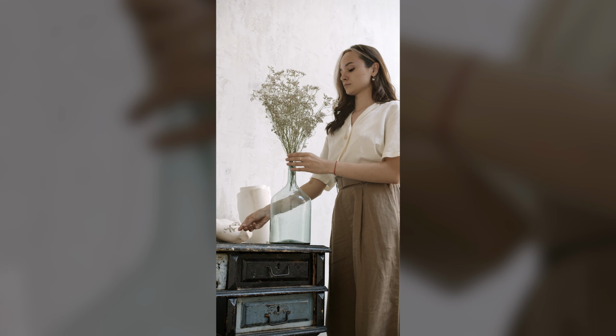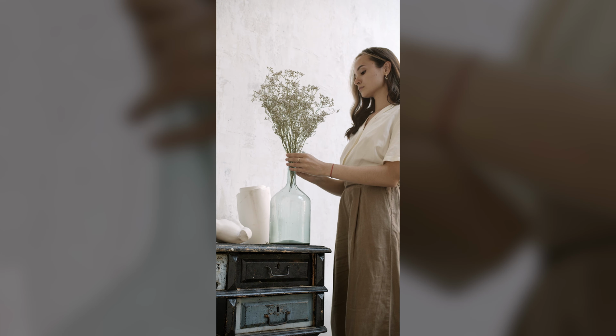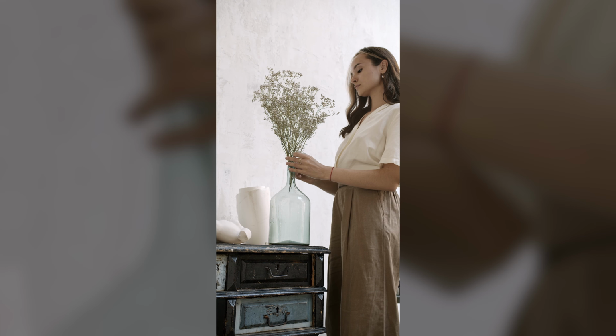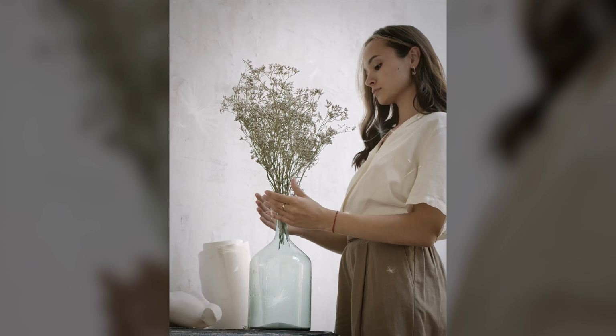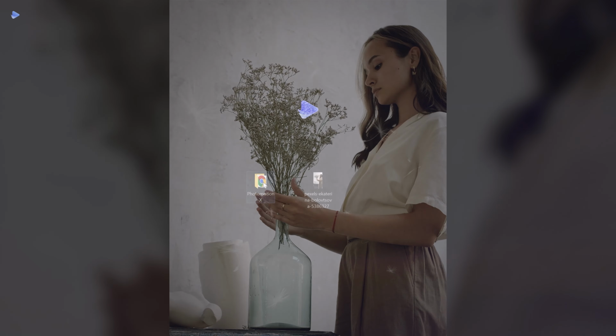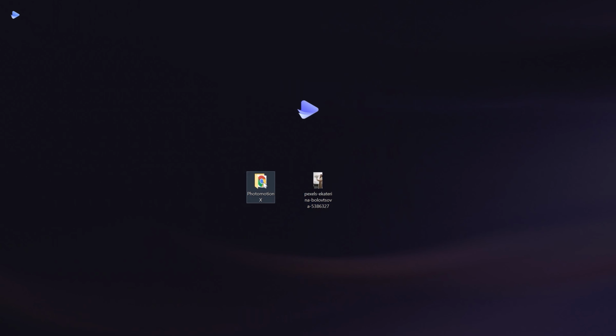Jack here from Integrity, and in this class we'll be converting this full video of this lady prepping these flowers in a vase into this rather stylish, eye-catching cinemagraph where it kind of looks like these flowers are moving in a breeze. Okay, so first port of call is to get access to the projection system, of course,